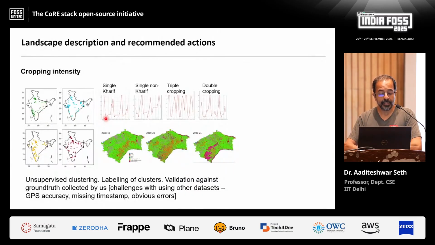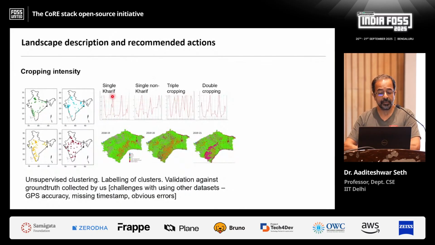Similarly, for cropping, we use time series of satellite data. Now, the satellites and all this is open data. The satellites revisit the same spot every 5 days. So basically, over a year, you can build a whole time series of spectral data: red, green, blue, near infrared, shortwave infrared, thermal, a lot of such bands. And you can then do some simple things.